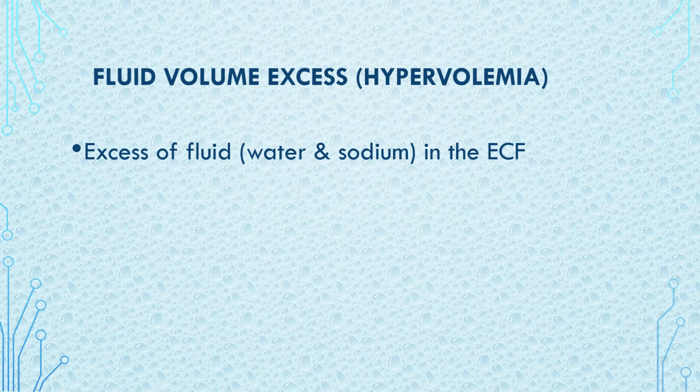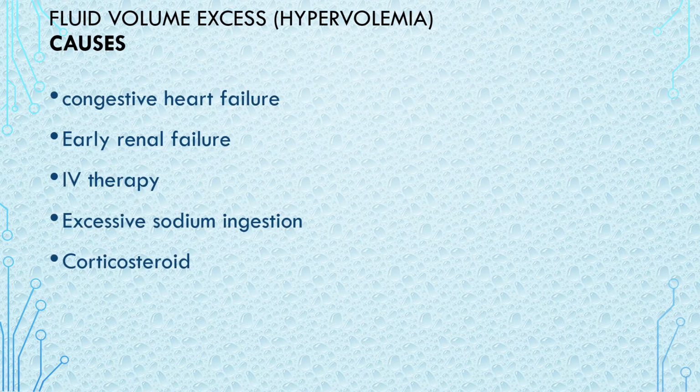So now we're going to move on to fluid volume excess, which is hypervolemia. This is because there's excess fluid in the extracellular fluids, which is water and sodium. Causes for this could be congestive heart failure. We'll learn more about that when you go into the cardiac content. Early renal failure can cause fluid volume excess, IV therapy, excessive sodium ingestion, corticosteroids. They're all examples of causes of